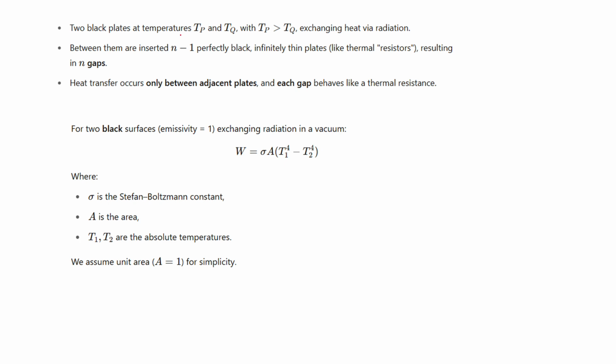Suppose we have two plates as given in the question, Tp and Tq, and we are assuming that Tp is greater than Tq, and there are n minus 1 plates that are inserted, so there are n gaps. In this case, two plates were inserted, so there were 3 gaps. Now heat transfer between two black bodies, we know this formula is sigma into A into T1 to the power 4 minus T2 to the power 4. This is our Stefan-Boltzmann law,